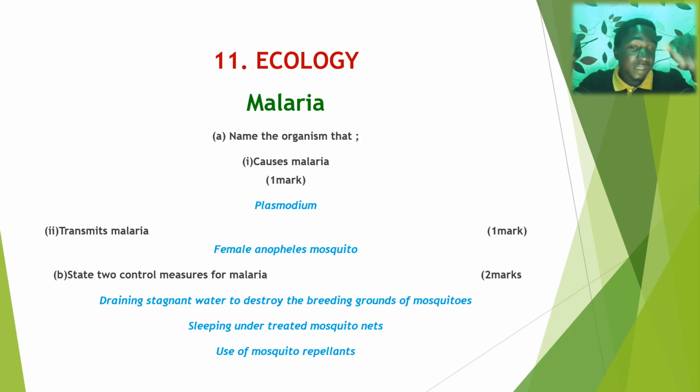So the causal organism in malaria is Plasmodium, whereas the vector, which is the one that transmits malaria, is the female Anopheles mosquito. Check the spelling. Female Anopheles mosquito. Not male, not any other type of mosquito, but rather the female Anopheles mosquito. Control measures for malaria: draining stagnant water to destroy the breeding grounds, sleeping under treated mosquito nets, and of course using mosquito repellents. Next